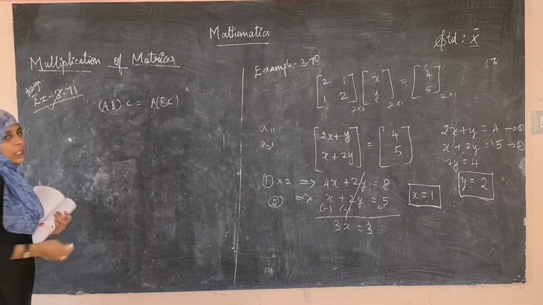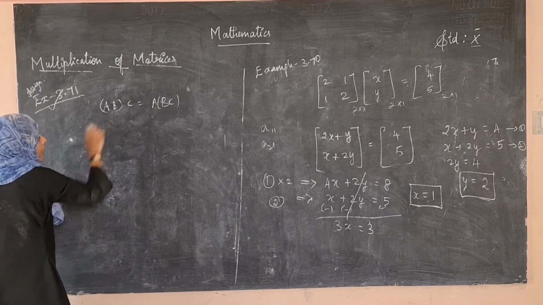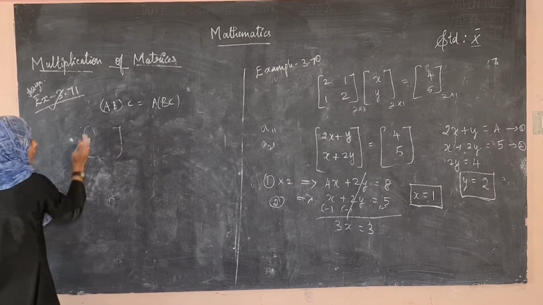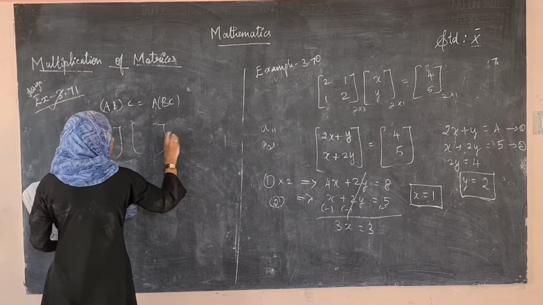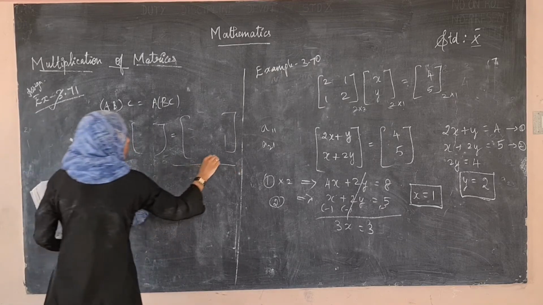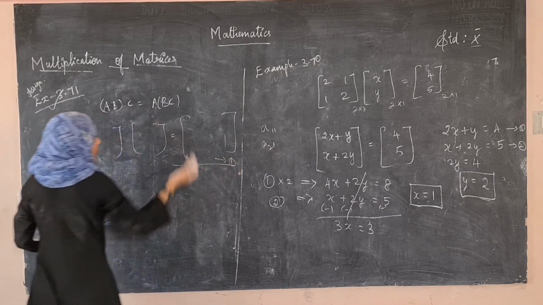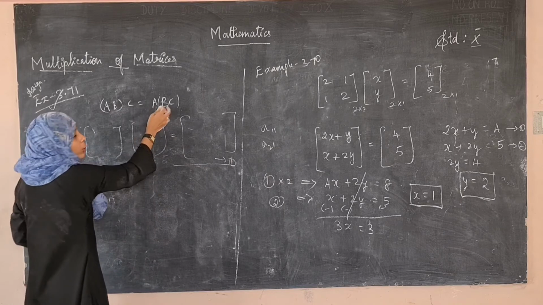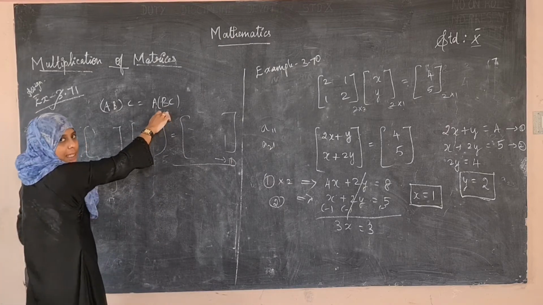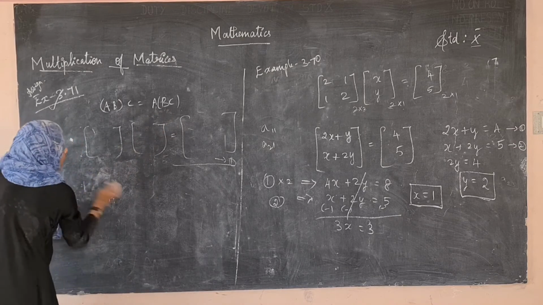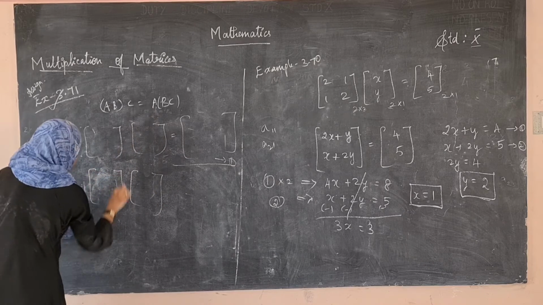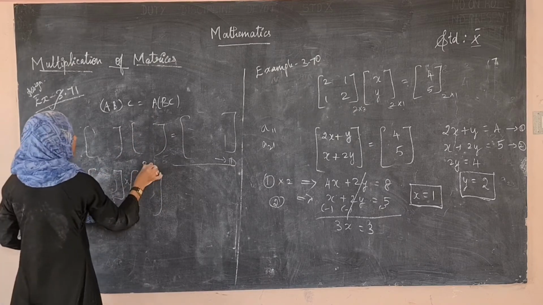What do you have to do first? First you have to multiply A and B. Then you will get a resulting matrix, and again it has to be multiplied with C. Then you will get a whole multiplication matrix. Keep this as 1. For the right side, you have to multiply B and C. We will get a matrix BC. So BC should be taken here. Since A is taken at first, A should be multiplied with BC.